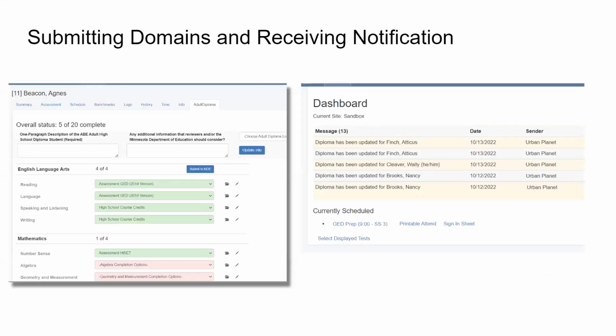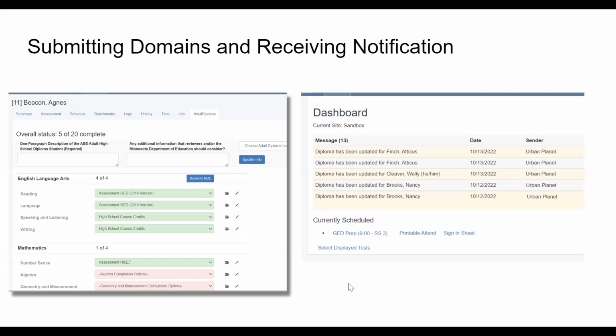Jody and I want to talk a little bit about the process of when you submit the domains and when you receive notifications. We want to talk through who does those actions for your program and how that affects the notifications you get, and see if there are any adjustments that need to be made. I was going to show you my screen, so I'll go ahead and do that now. Are we ready for that? Yeah, sorry, Jenny, we should have done that right at the beginning. I'm going to stop share and then I think you should be able to share.